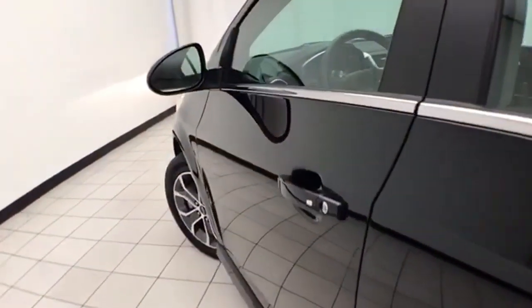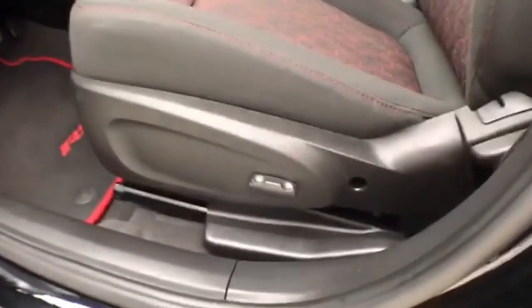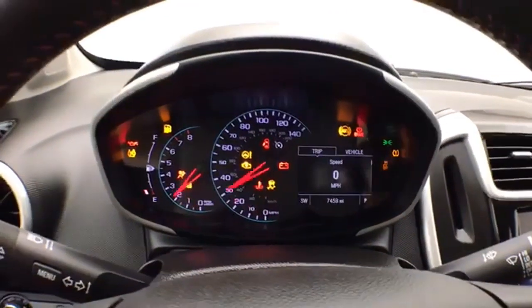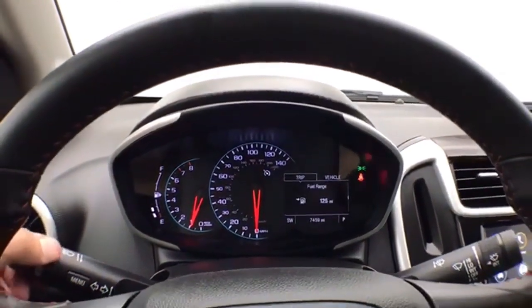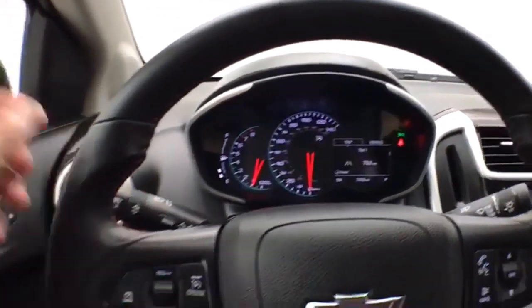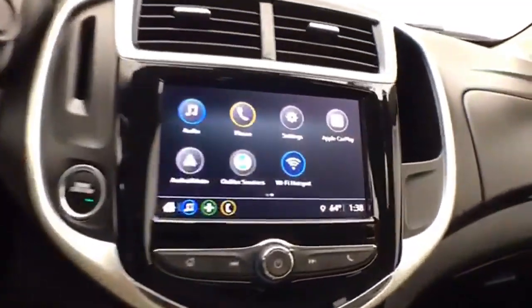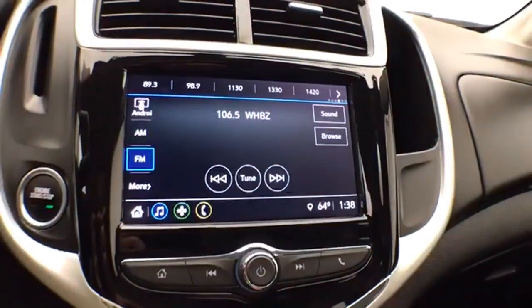This LT has keyless entry with remote start, power windows, locks, mirrors, power driver's seat, along with the tilt and telescopic steering wheel that puts you in that perfect driving position. Large, easy to read gauges, again only 7,000 miles, with driver information system, cruise control, steering wheel mounted audio controls, large touchscreen infotainment system for radio,